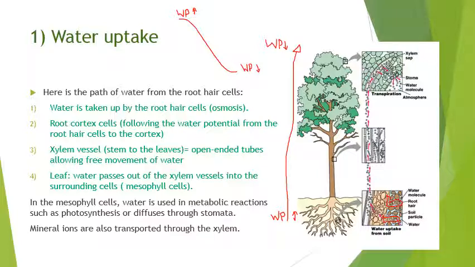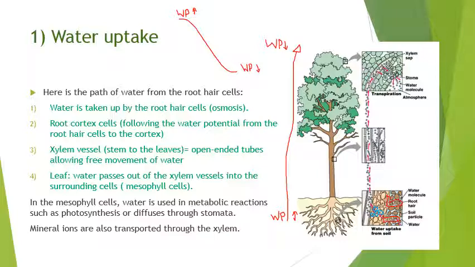And then the cells that I'm going to circle in blue here, those are the cortex cells. They're relatively undifferentiated cells that we find in the root, and the water needs to cross those to get into the xylem vessels. From the xylem vessels, the water will stay there first in the xylem of the root and then in the xylem of the tree, and then it'll go all the way up the tree